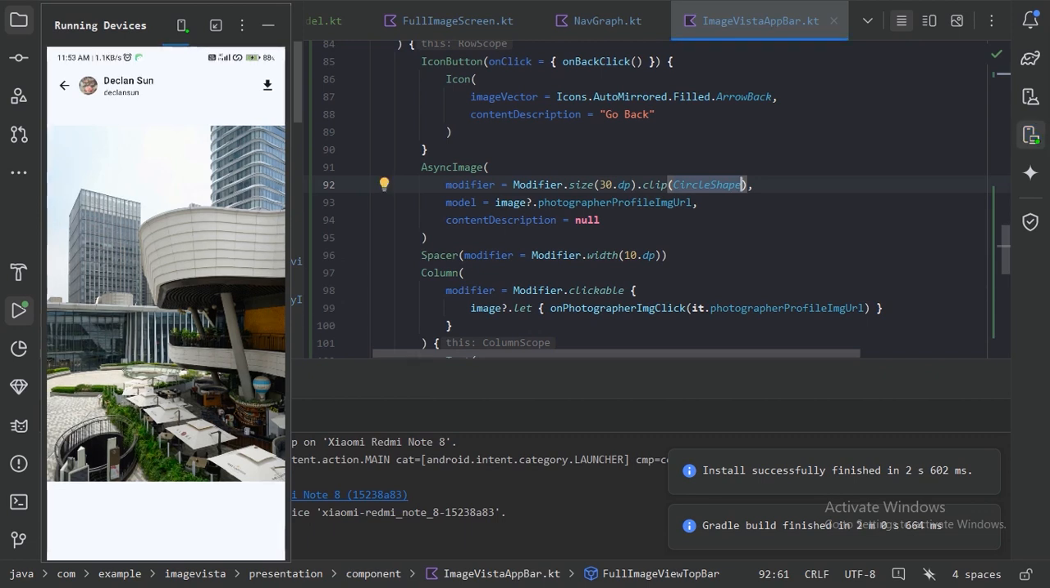Next thing we will give this functionality that initially when user comes into this full image screen then this top app bar and status bar should not be visible. Only the image should be visible. But when user tap on the image or anywhere on the screen, so this top app bar and status bar